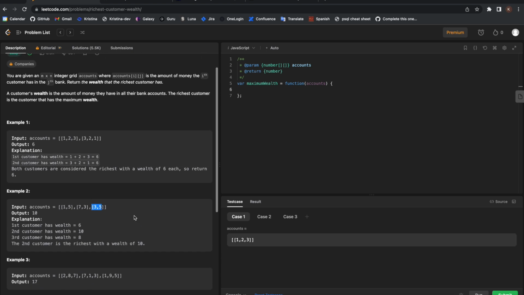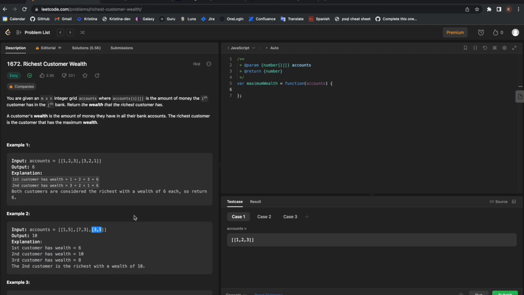So the first thing that I want to be able to do is access each customer in here. So I'm going to start with my for loop. I always do for loops, just a preference. So let i equal 0, starting from the beginning of the array, while i is less than accounts dot length,